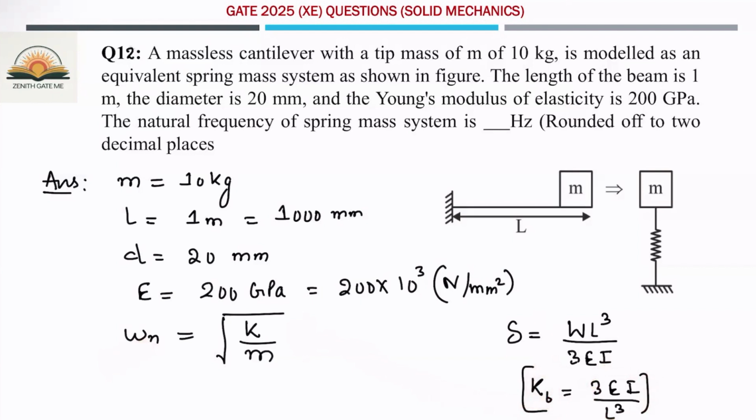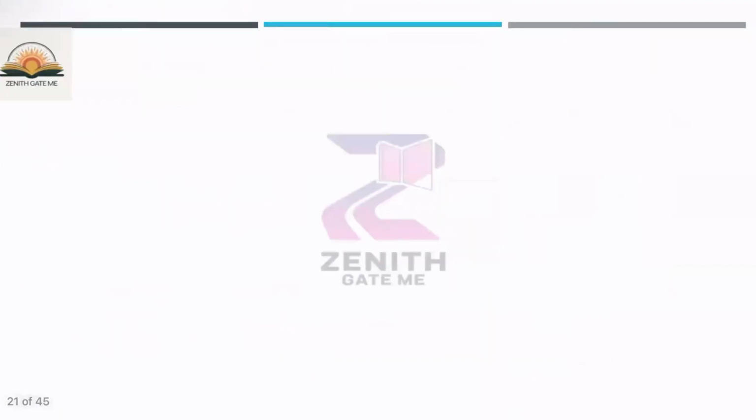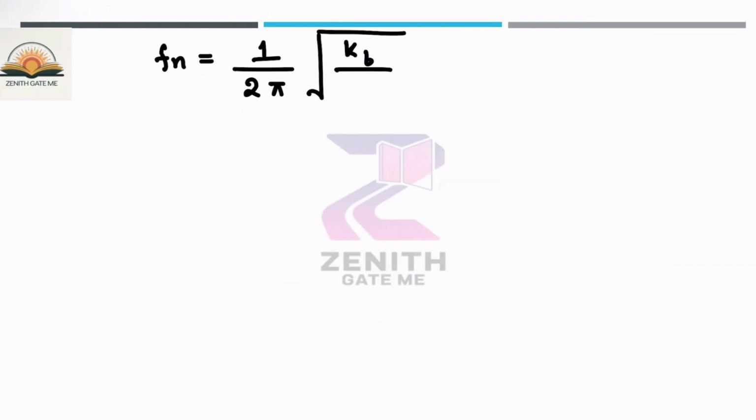But you have to calculate the natural frequency in hertz, and omega n can also be written as 2 pi into frequency in hertz. If you equate these two, you will get the frequency in hertz, which is the natural frequency. So the frequency Fn can be written as 1 by 2 pi